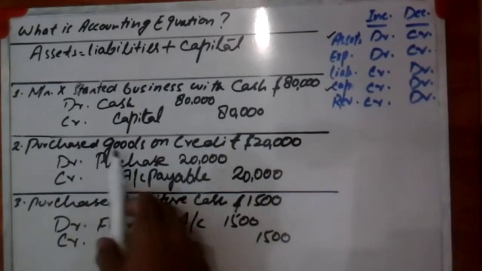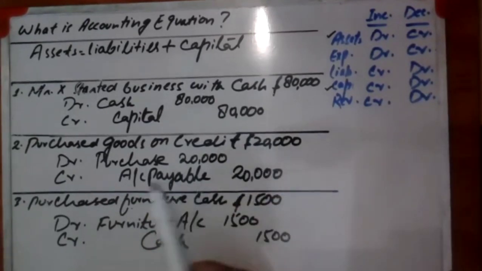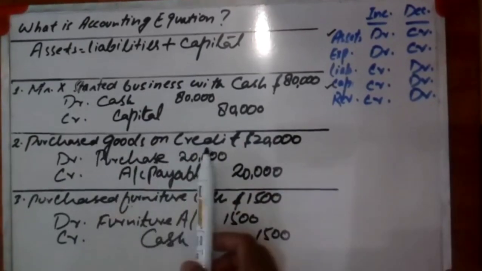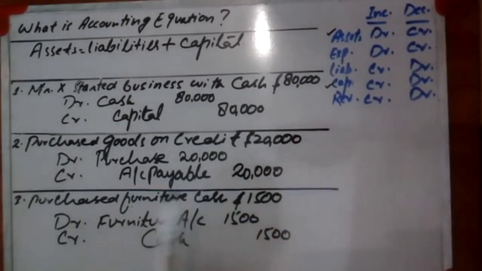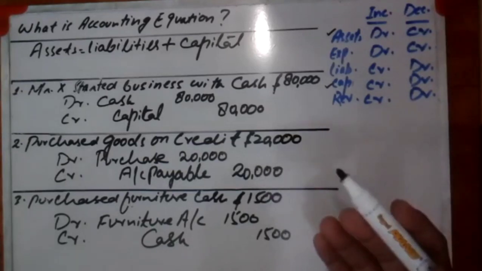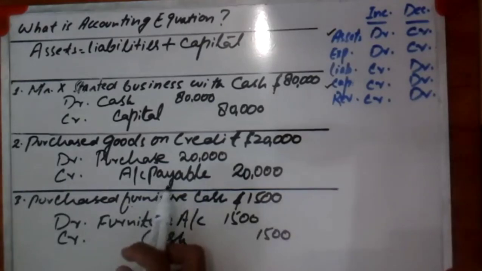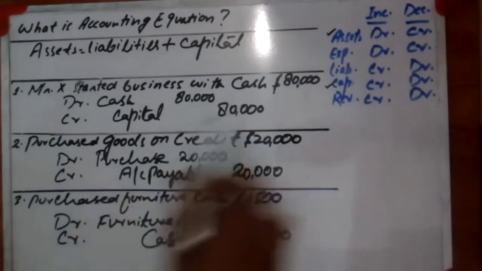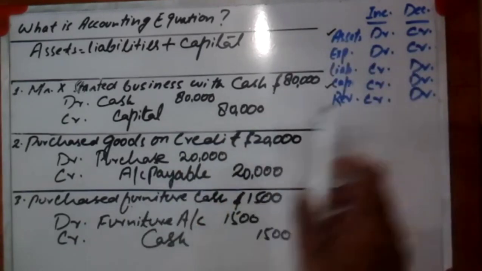Second entry, purchase of goods on credit, $20,000. He purchased goods on credit, not on cash, so accounts payable will be created. Purchase debit 20,000 and accounts payable credit 20,000, that is, we have to pay $20,000 after some time as per our payment terms. Purchase debit, asset increasing, stock or inventory increasing; accounts payable, liabilities increasing,